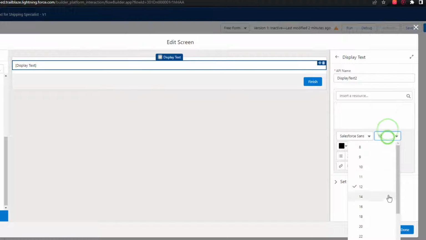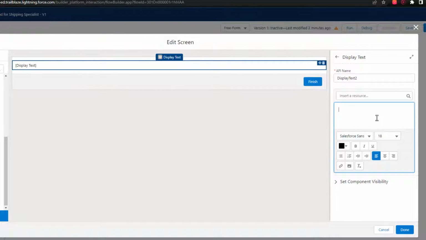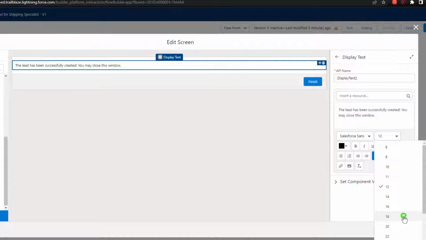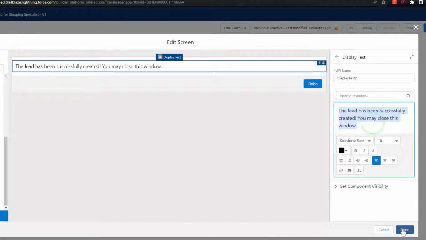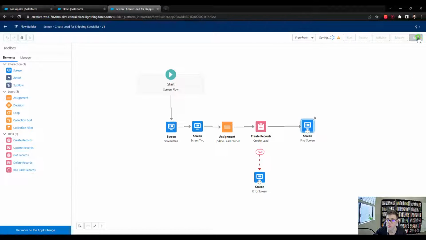And I'll make the font size maybe 18, and we'll say the lead has been successfully created. You may close this window. Oops, close. And this will just be a message for end users once the lead is created successfully, so that they know that they can close the window. And I'll just make that size 18 font. So we'll press done, and we'll press save. And so now our flow is done. And so I'm going to press the activate button,